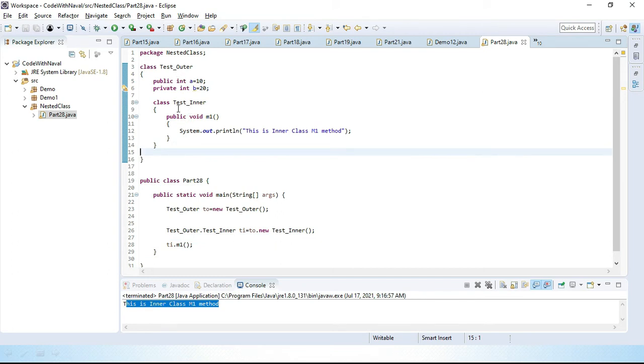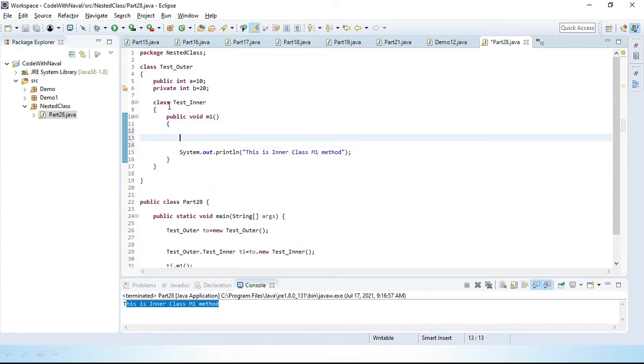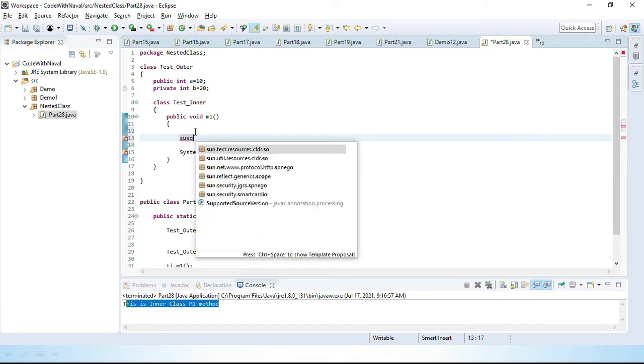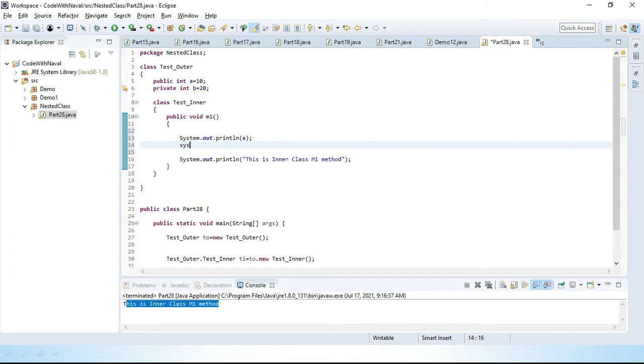We can access an outer class private member also inside the inner class. Let's take one public and one private member. Here I'll simply print system.out.println a, then system.out.println b.